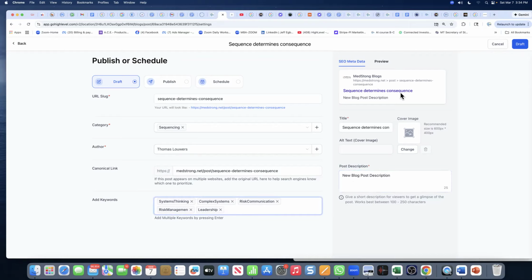Okay. So the post description is going to show up on the website underneath the post title. Like it'll say Sequence Determines Consequence. That needs to be capitalized, right? Yeah, we'll fix that. And then the post description. A lot of times what I do is take a sentence from the blog. It's going to say that right above it already, that's kind of redundant, since it's in the title. What you can say is,